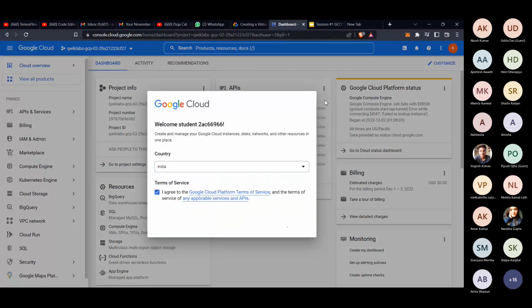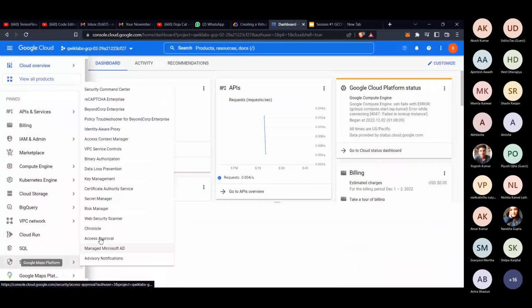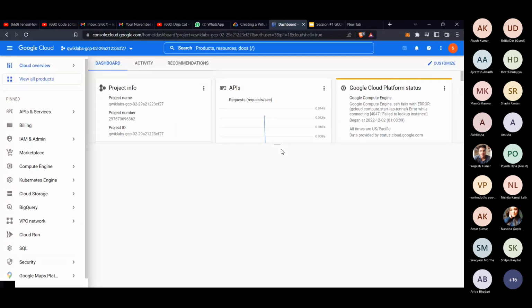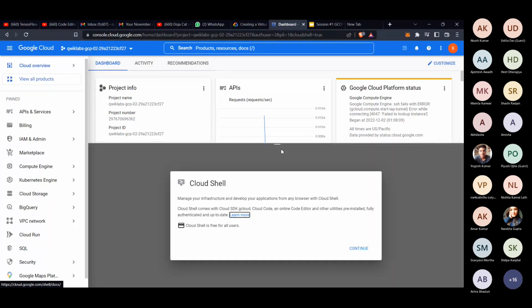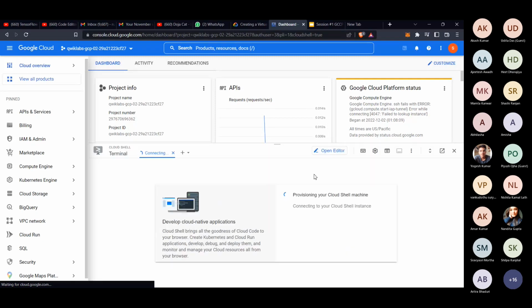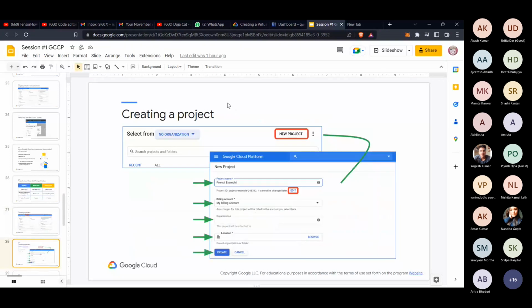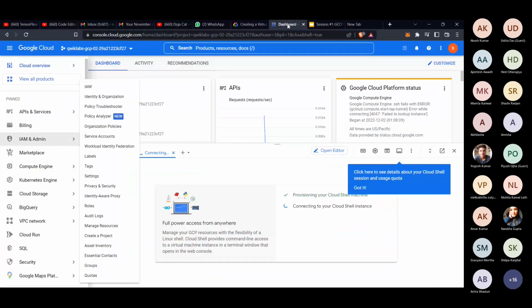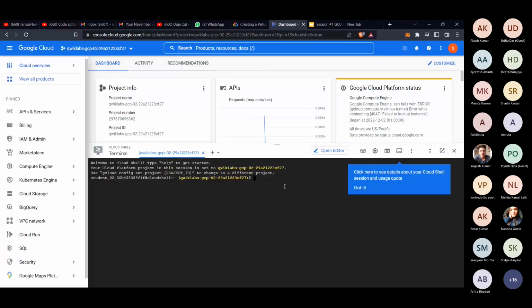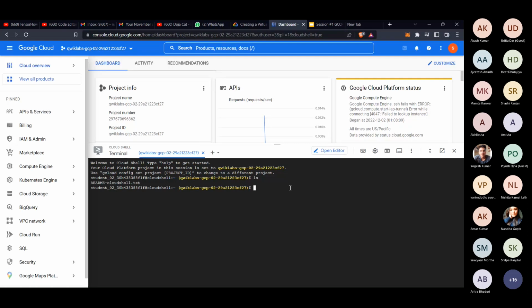Let me open the Cloud Shell. So we have got our Cloud Shell. As I said earlier, there are four methods to connect with this shell. One is this in-browser shell. Then you can install the SDK. There are APIs, and there is also an app. This is a Linux machine, and I think